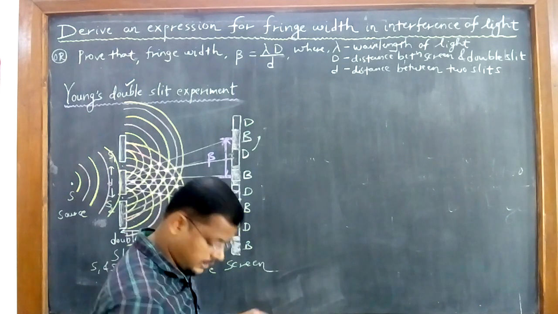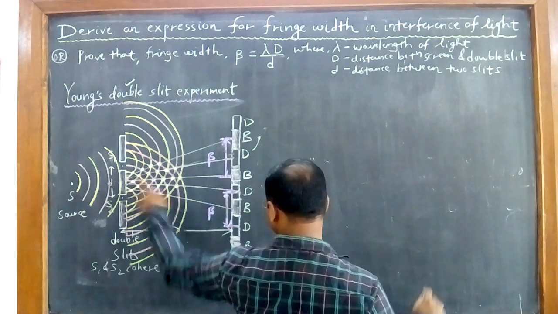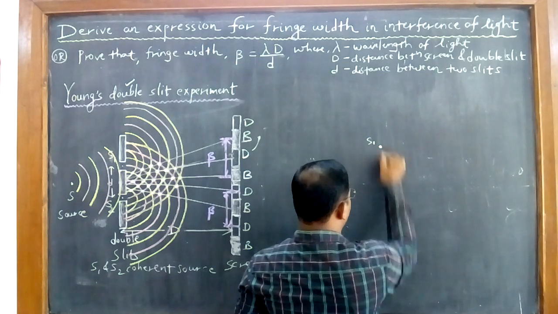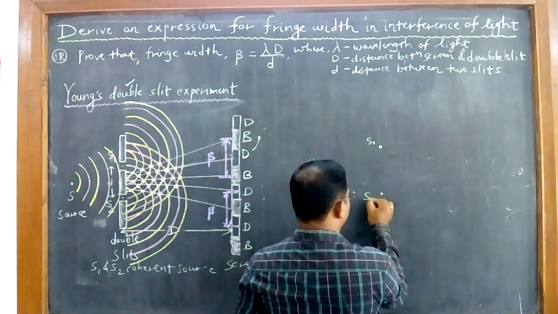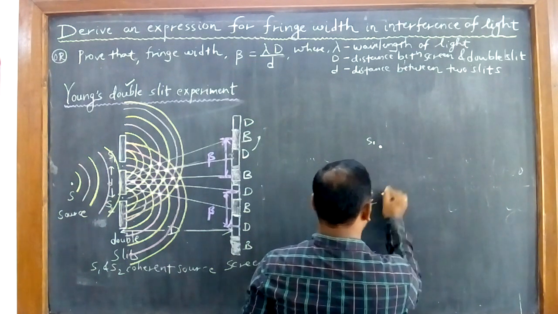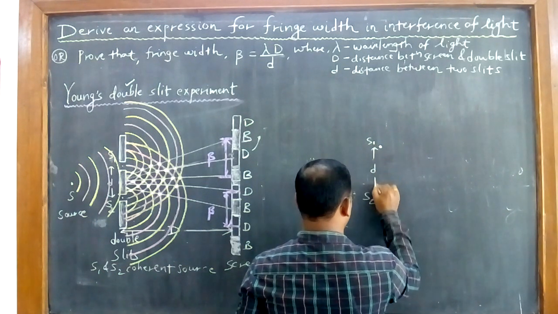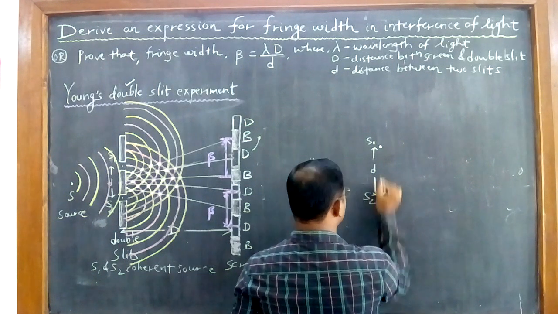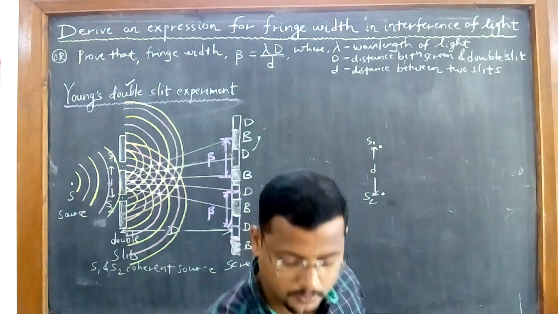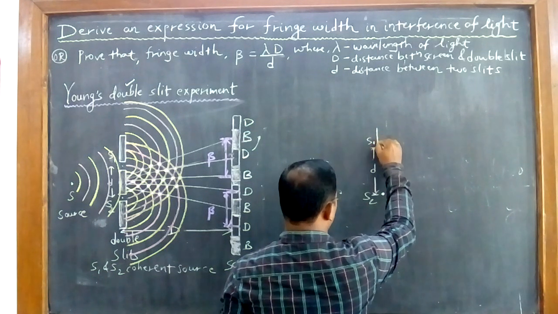Now to derive this I have to draw this diagram again, but I will not make the diagram complicated. I will take the source S1 and S2. See here now I am going to draw the diagram this side. The source S1, this is source S2. What do you know about these two sources? These two sources are coherent sources of light, and the distance between these two sources is small d. Minimum two sources of light we require to produce the interference of light, right? So I have marked how many sources of light here? 2, right? So this same concept I am going to draw here.